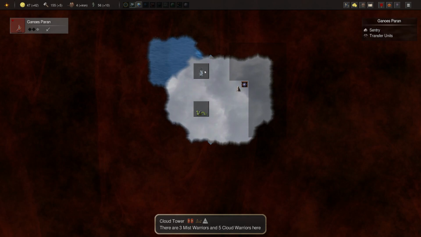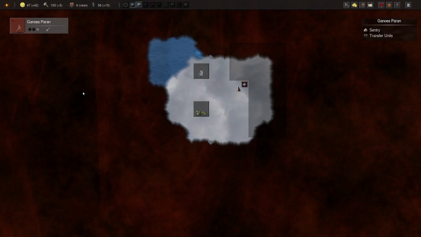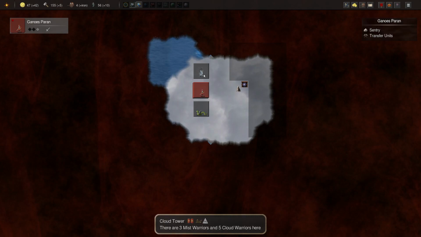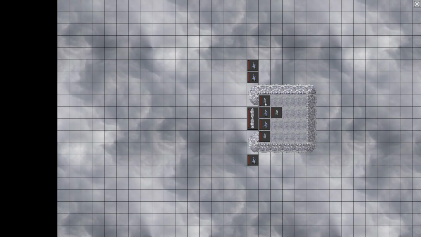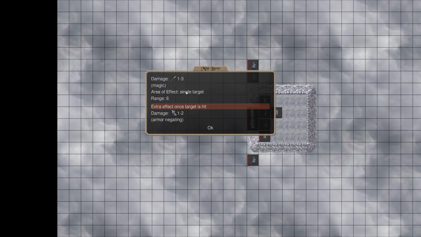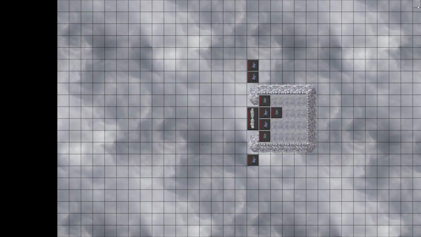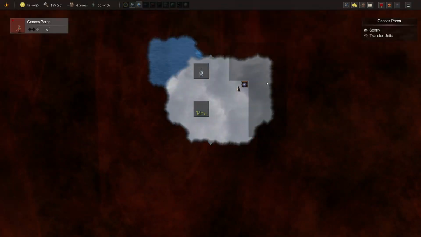Okay, what do we got here? A cloud tower. So that would be a recruit point up here. I wonder if we'd be... Oh, no, it isn't for us. It's just a defensive structure. Mist warriors, they have mist bows, and also do frost damage. So that won't do anything to our normal troops. I'm sorry, our undead troops, but we don't have a lot of those left, so...